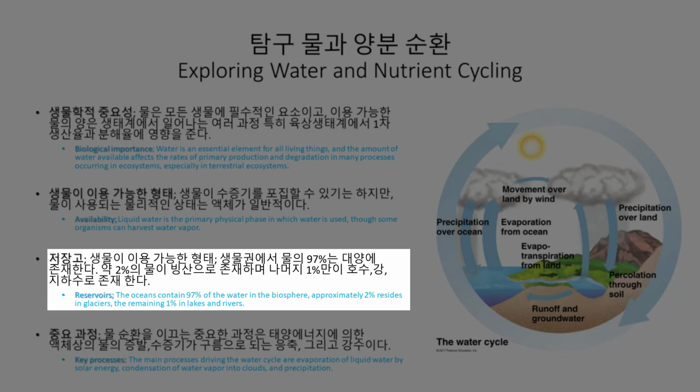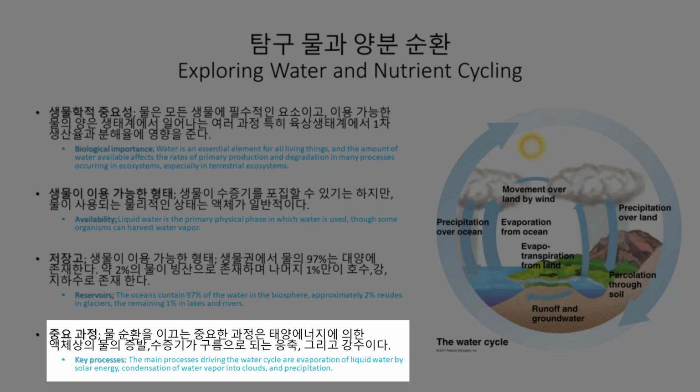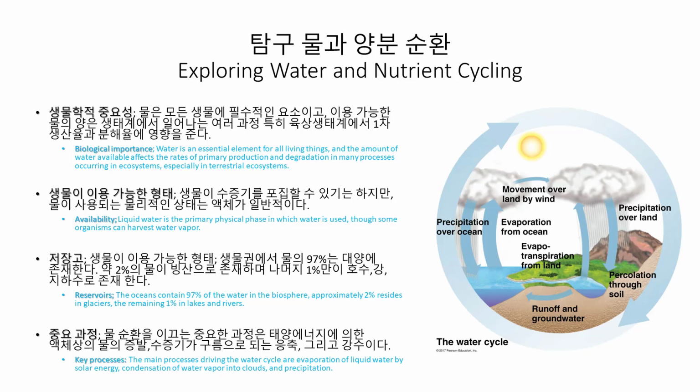Reservoirs. The ocean contains 97% of the water in the biosphere. Approximately 2% is bound in glaciers and polar ice caps, and the remaining 1% is in lakes, rivers and groundwater, with a negligible amount in the atmosphere. Key processes. The main processes driving the water cycle are evaporation of liquid water by solar energy, condensation of water vapor into clouds, and precipitation. Transpiration by terrestrial plants also moves large volumes of water into the atmosphere. Surface and groundwater flow